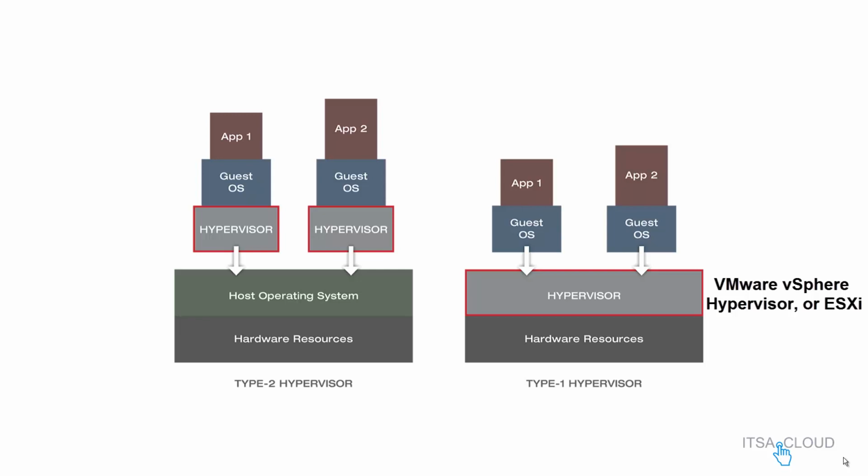You don't have to install any operating system on top or nothing like that to create VMs. Right there, you are ready to create guest OS or VMs, virtual machines. And after you do that, you just add some applications to the operating system. Okay, guys, in the following video, I'm gonna show you type number 2 hypervisor.